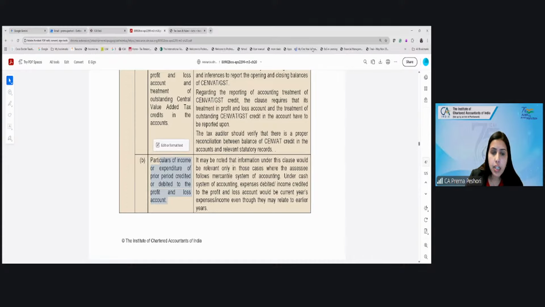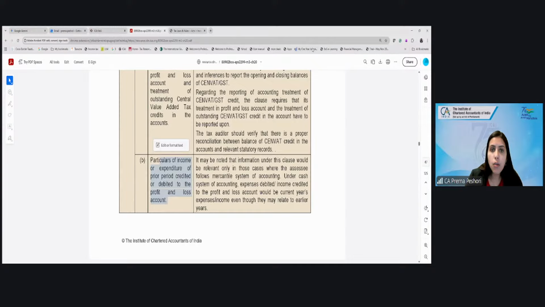So basically here what will happen is if there is a difference between the expenditure of any earlier year and the expenditure which has been debited in this particular year, you may look at it and see why it is like that. Is it because the liability has materialized or crystallized during this year? Right? So basically any prior period expenses have been booked now or any prior period income has been booked now. Right? So that you need to obtain the information and report it over here. Fine?